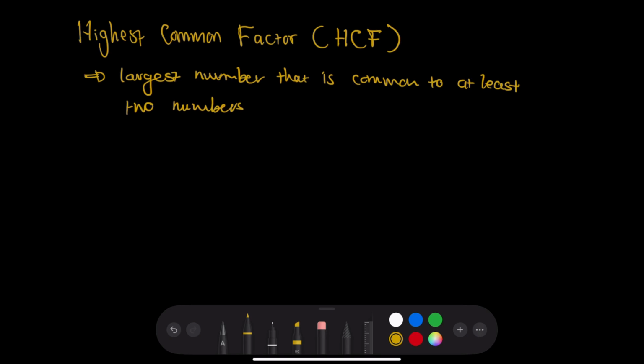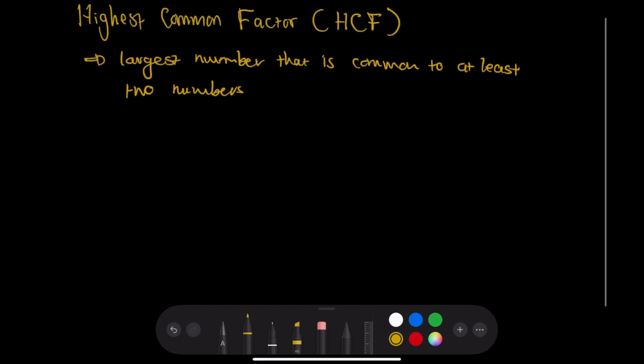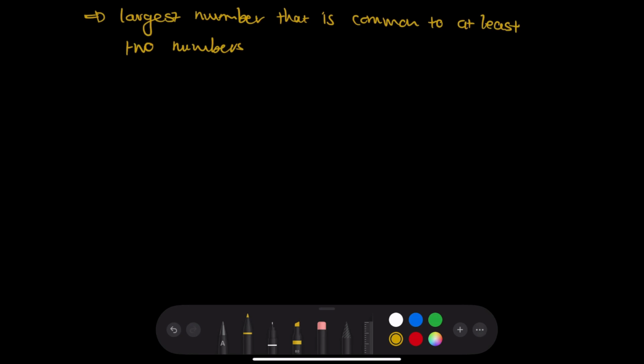It's the largest number that is common to at least two numbers, right? So it's at least two numbers. So you can find the highest common factor for three numbers and four numbers and an infinite number of numbers, right? So when we think about the highest common factor of maybe some numbers,